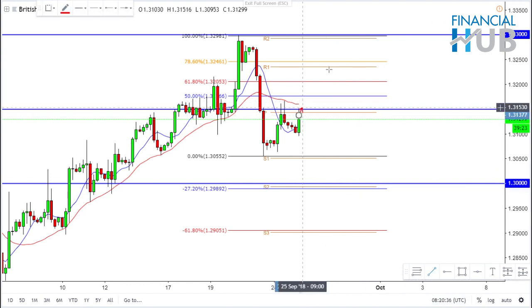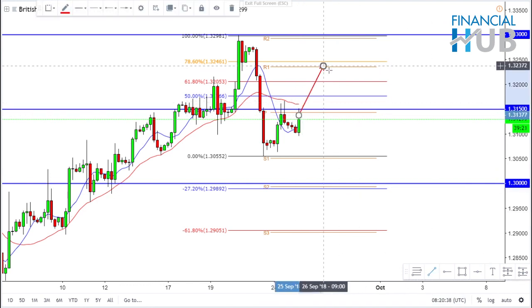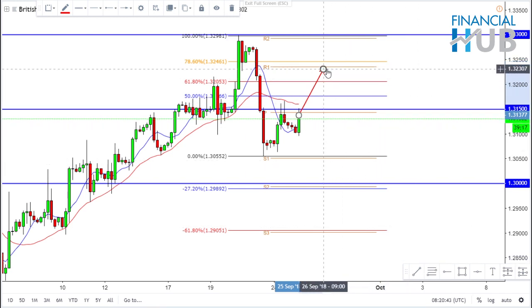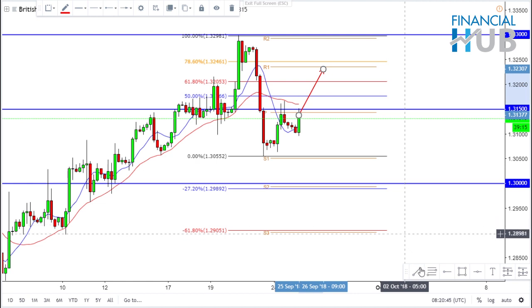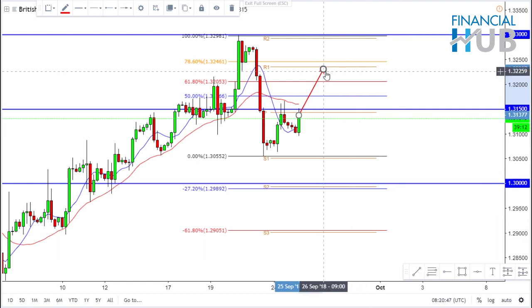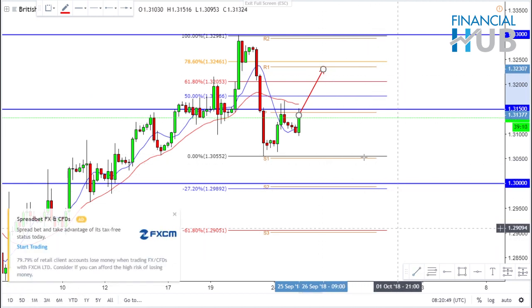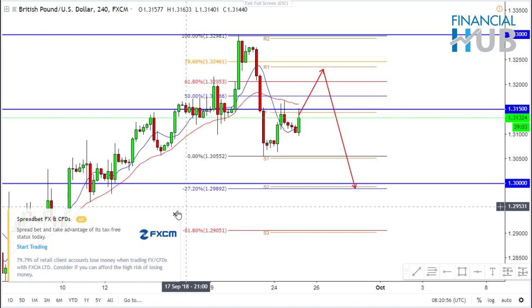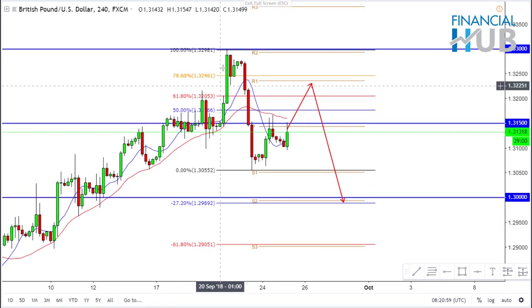but I'd be looking for short plays. Any market movement that will be below R1, I'll be looking for short trades to execute to 1.30. You can maybe see a move to this level before getting the real short play, which will come from that level to this level